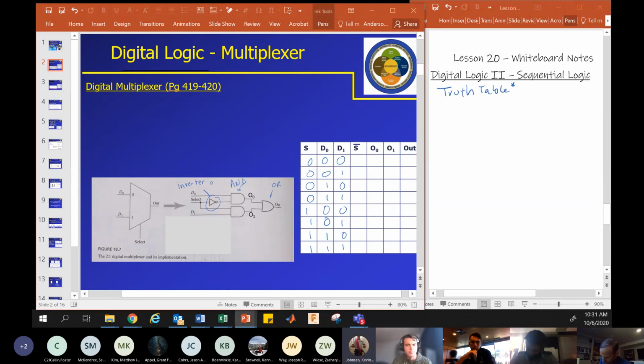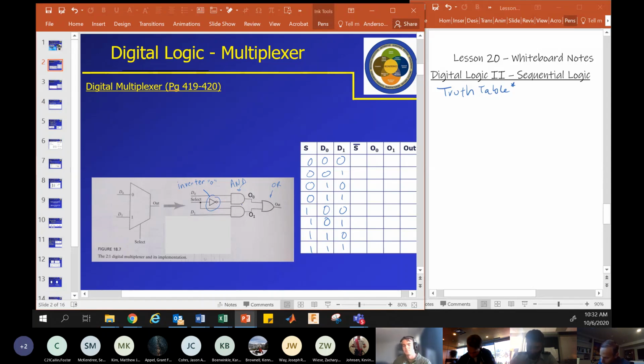The little circle. The little circle, okay? So if we saw the triangle without the circle, it would just be a buffer. What that is doing is, that might be used to help step up the voltage. We talked about how your logic voltage levels might get drained, or there might be noise or something like that, and the buffer would just help reconstitute your signal. An inverting buffer actually changes the state. Okay, so